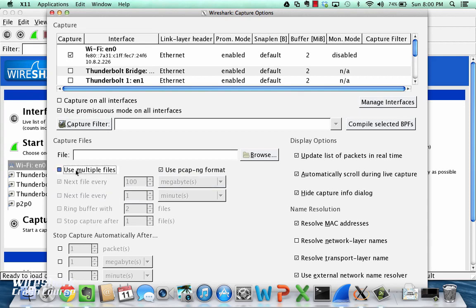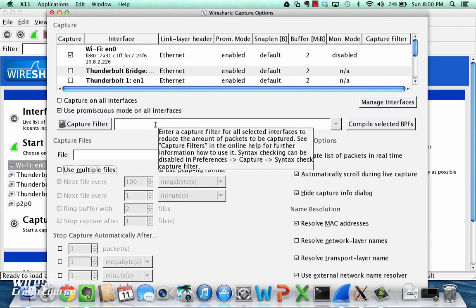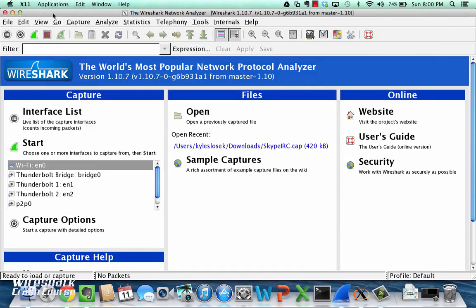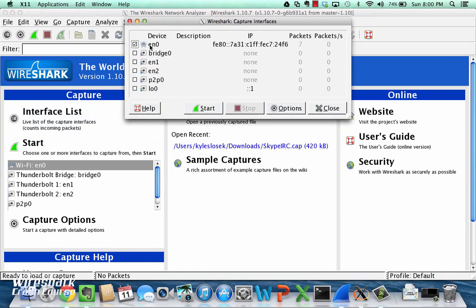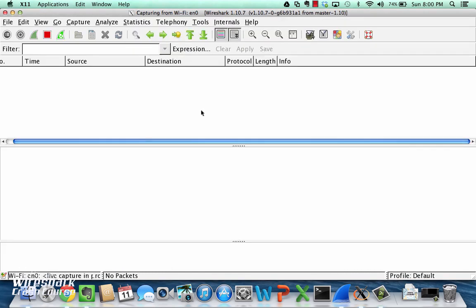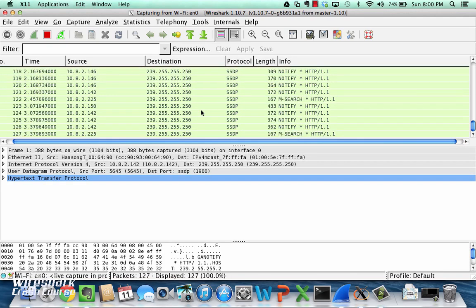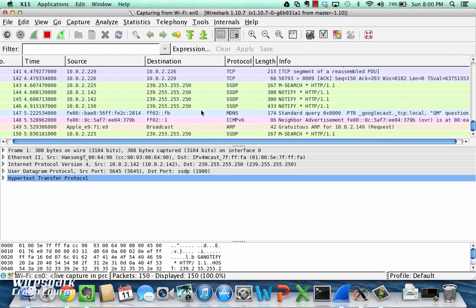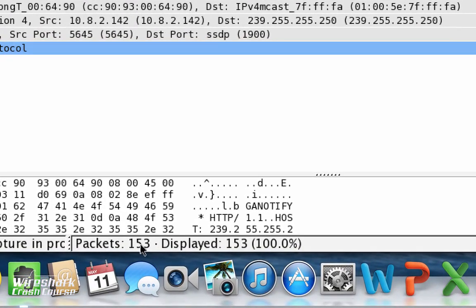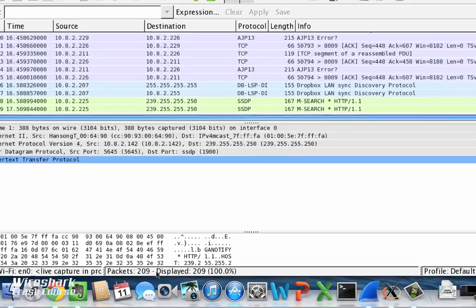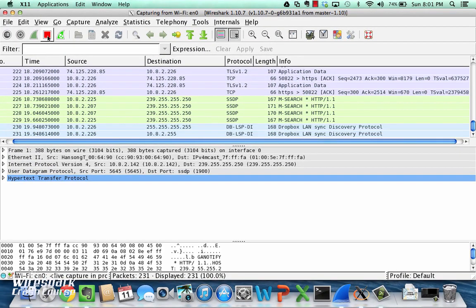I'm going to say not use multiple files. We're just going to do a standard capture here. So we'll click on interface list. We've checked my wireless, and we'll click start. And as you can see now, you've got live packets coming into the network. Thing I want to note down here, right, is packets coming in, packets displayed. So you can see live how many packets we're getting. And when you are finished, you can just hit the stop button,